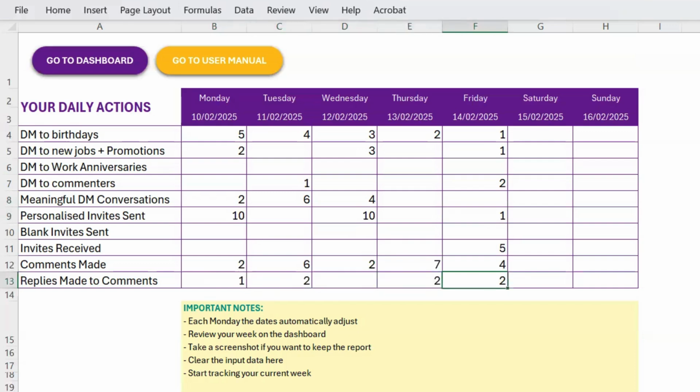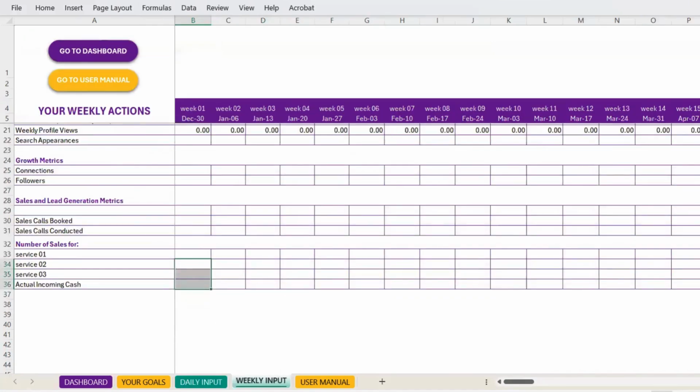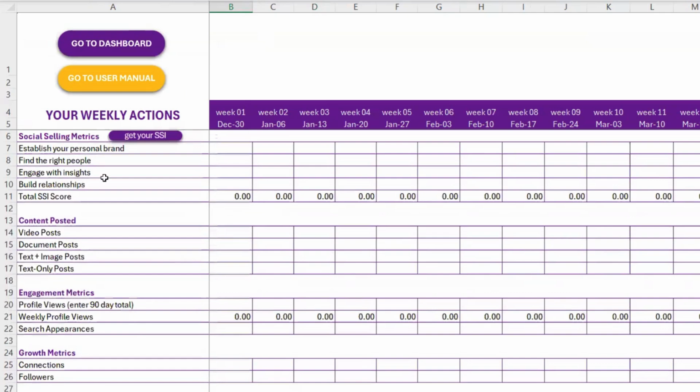So this is what I've done daily, and then I look at my weekly input, where I need to get these numbers from the social selling index. When you click this button, you go there, and so let's say this was something like that, and I might have done only 2 posts, profile views, I don't know. And so profile views, LinkedIn gives you the 90-day total, so that's what you enter, and then the dashboard turns it into weekly, search appearances, connections,